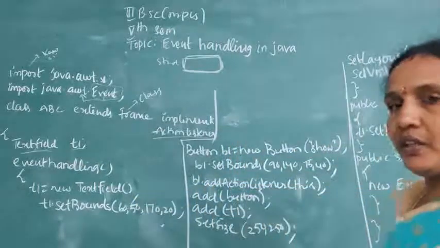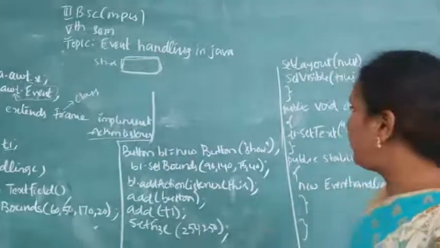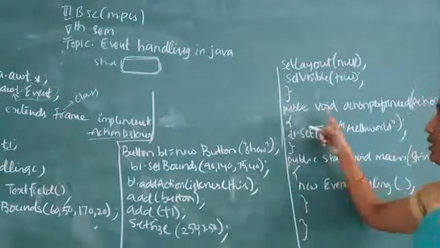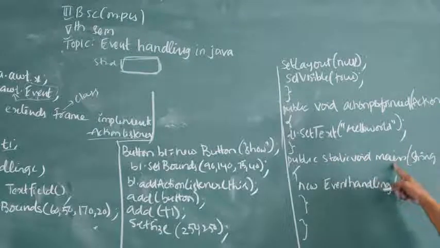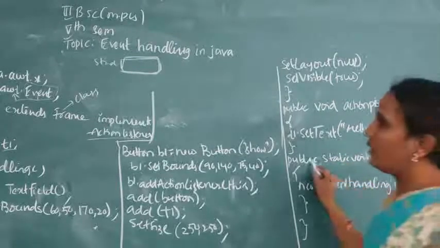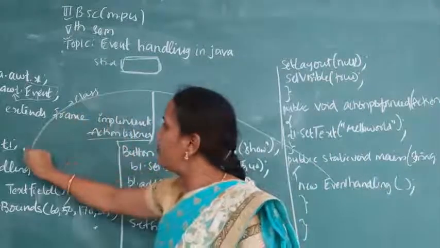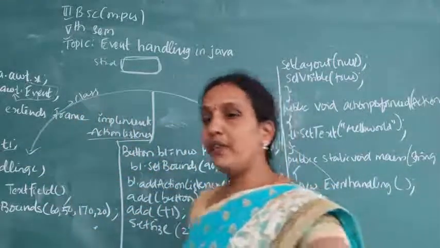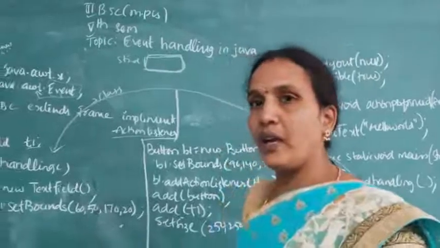So first here you come to the main method. In the main method you see public static void main String args. From the main method we are calling the event handling function. Okay, so in the event handling function, what you have once you see